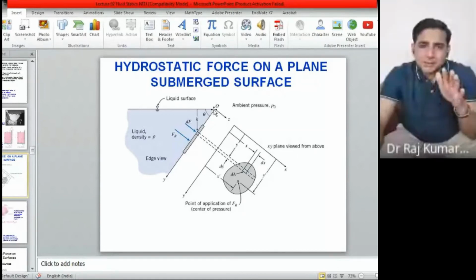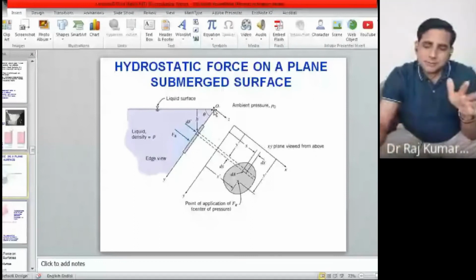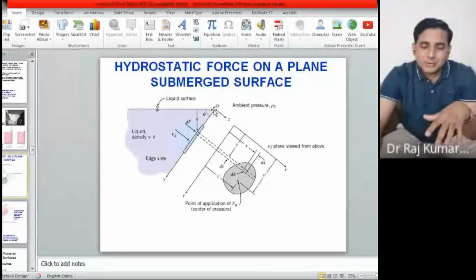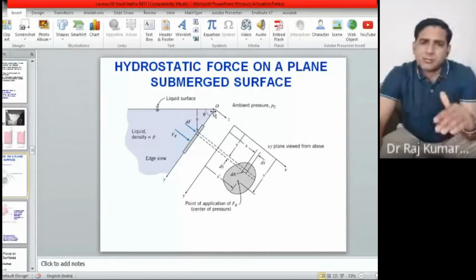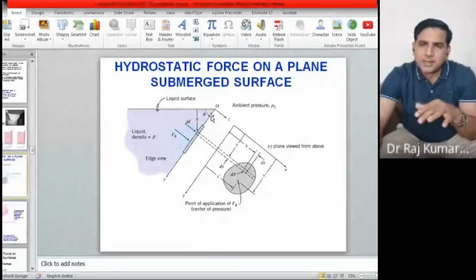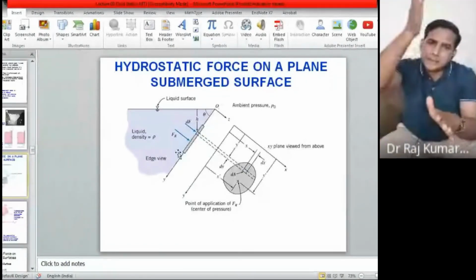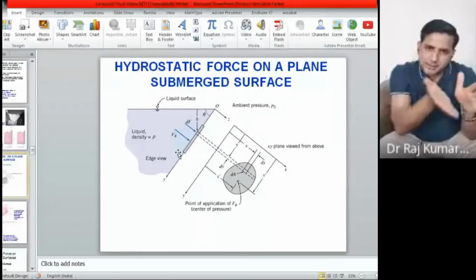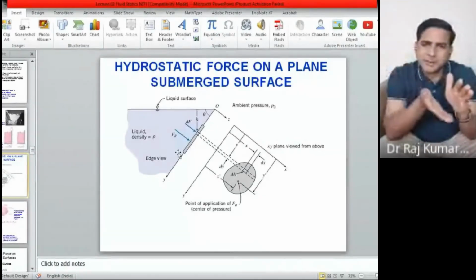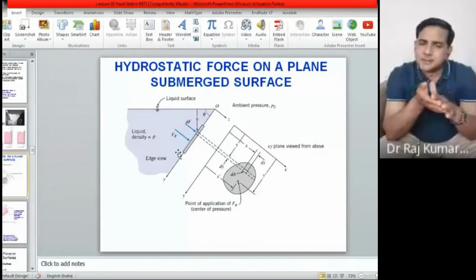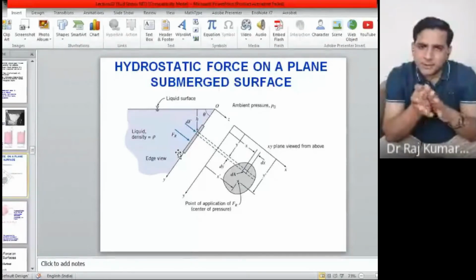Yes, sir. Response, right? Because you should understand, once this chapter is going to be over actually. So you have this free surface here. You should start your coordinate system from here. Take the coordinate system only on the plane, not anywhere else. So the plane is this. This is your wall. Take the coordinate along the wall only. If it is vertical, take it this way. If it is inclined, take it this way. Whatever the base plane is, just take the y coordinate that way only. Fine.